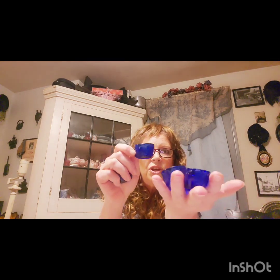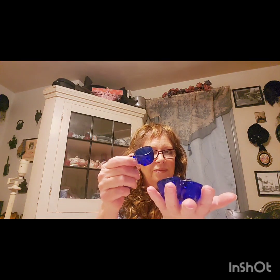So now, for the first item that I am going to show you, this is a child's playset. They were made by Mosser. I know there's a Mosser and a Moser. This is Mosser, M-O-S-S-E-R. And it was a little child's